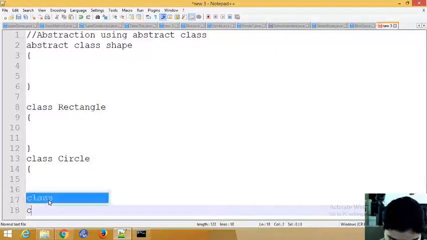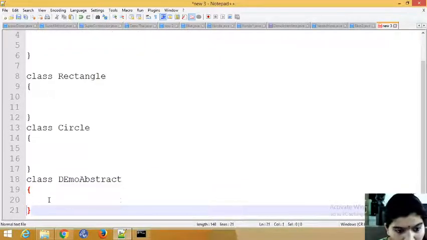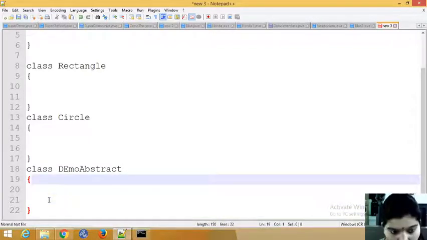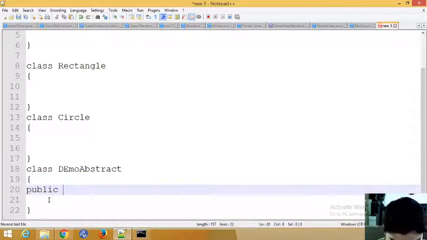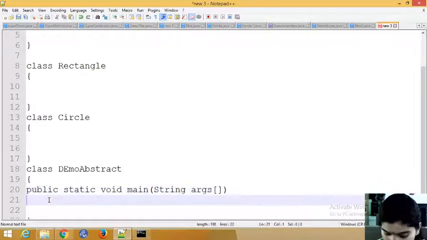One more class I need for the main method. I will name it DemoAbstract, a class name which contains the main method. First we'll write the main method: public static void main, String args.